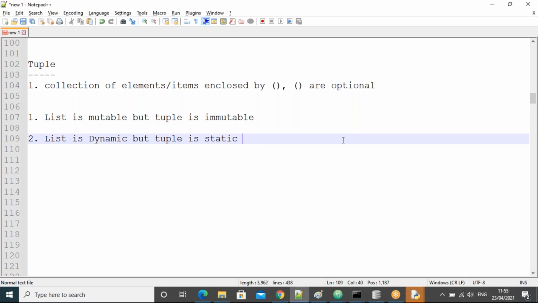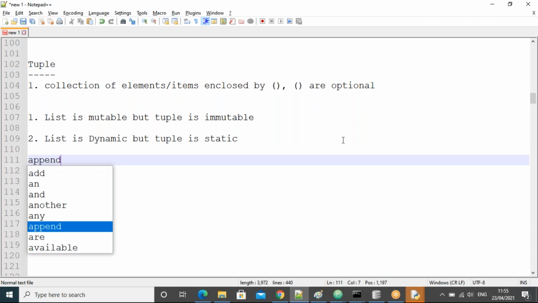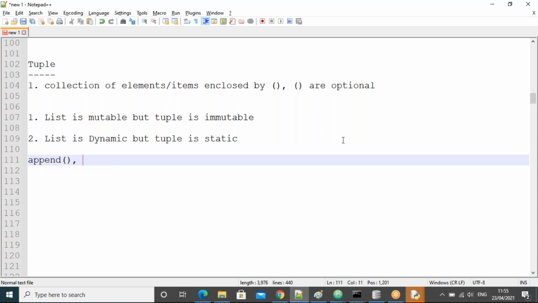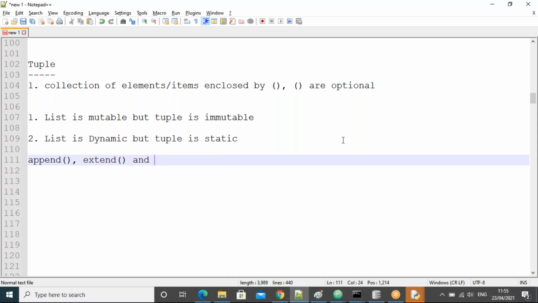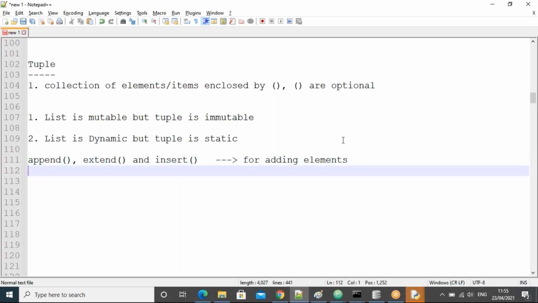In list we used the append function, next extend function and insert function. Why do we use these functions? For adding elements. Next, for removing, which functions did we use?